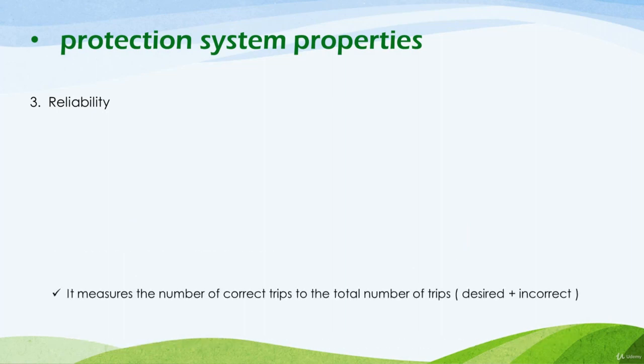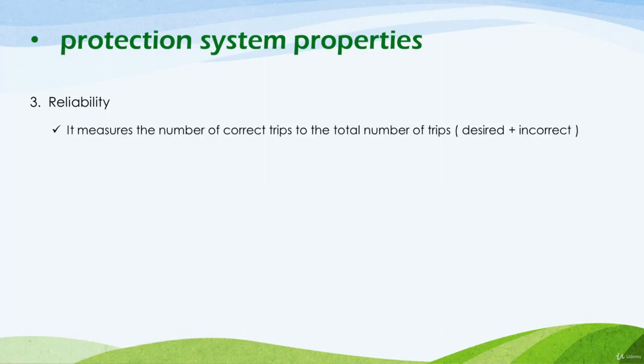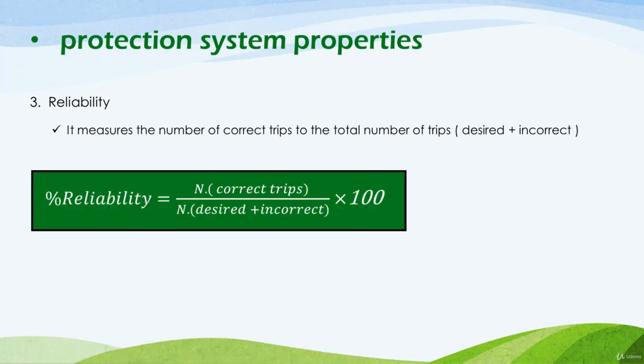And after that, the third property of the protection system is reliability, and reliability is the ratio between the number of correct trips to the number of incorrect trips plus the number of desired trips. So reliability is a measure of the times at which the protection system has to trip the circuit in case there is a fault, against the number of times at which the system breaks the circuit when there is no fault. So it's the incorrect trips plus the number of desired trips,